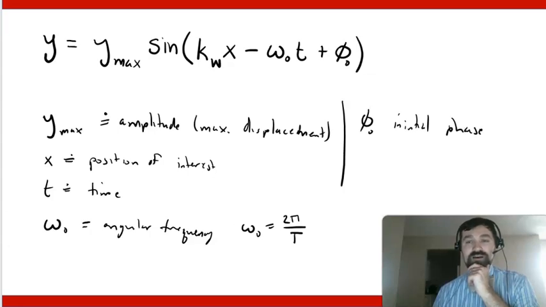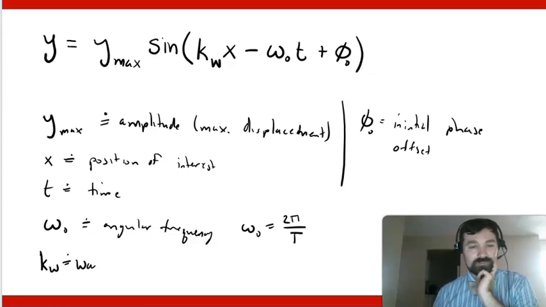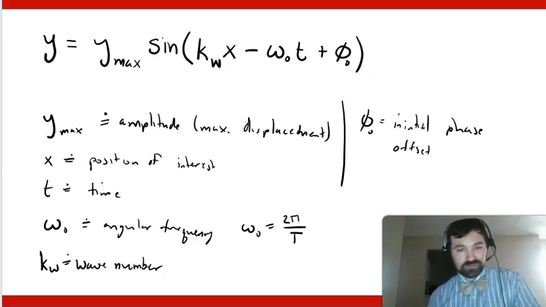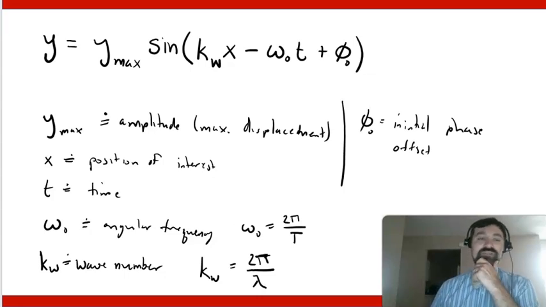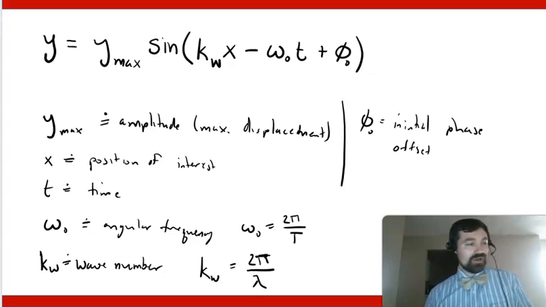So what about k_W? What is this wave number? So k_W represents wave number, and it's basically the equivalent of the angular frequency. So the wave number k_W, excuse me, is equal to 2 pi times not the characteristic time, the period, but rather the characteristic length, which we use lambda for wavelength. So if I go back to